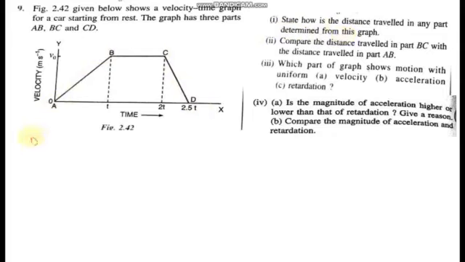graph. Now what type of graph it is? It is velocity time graph. Velocity time graph से हम displacement कैसे find out करते हैं? Distance from the velocity time graph is always calculated by finding the area under the graph. जितना भी एरिया है उस ग्राफ के अंडर, that gives us the distance travelled. वेलोसिटी टाइम ग्राफ में स्लोप से हमें पता लगता है एक्सेलरेशन और एरिया से पता लगता है डिस्टेंस ट्रैवल्ड.